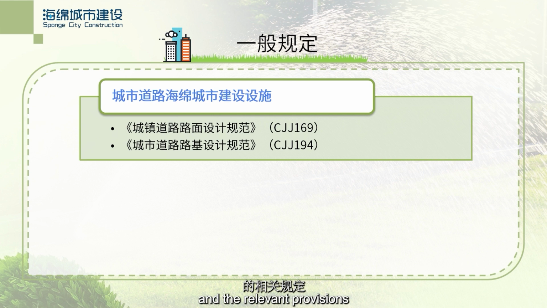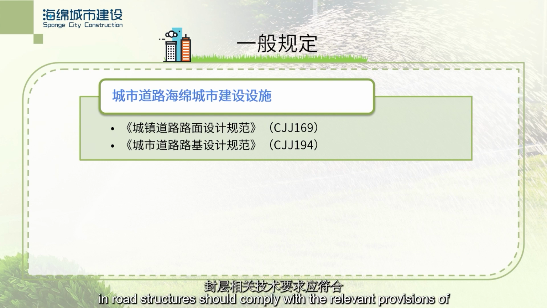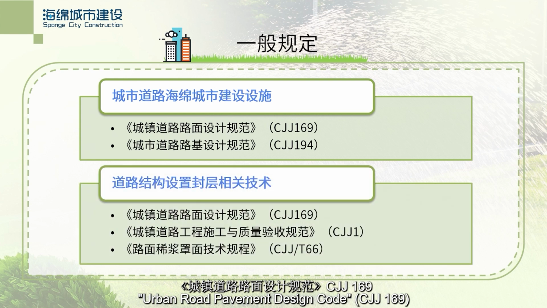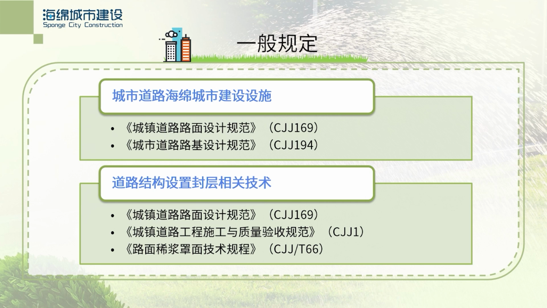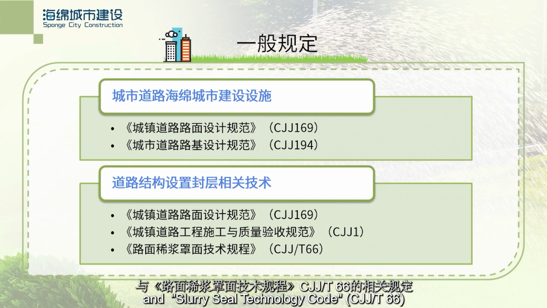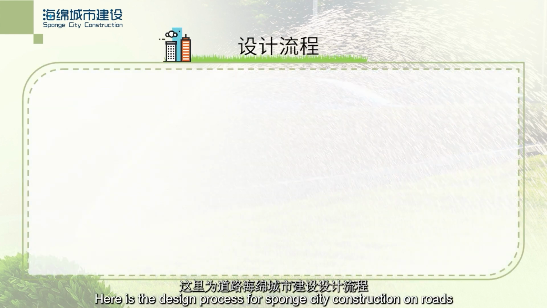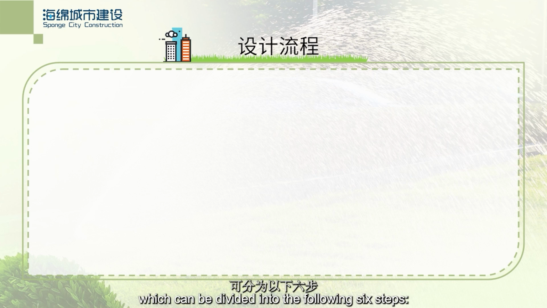the relevant provisions. The technical requirements for ceiling layers in road structures should comply with the relevant provisions of Urban Road Pavement Design Code CJJ 169, Urban Road Construction and Quality Acceptance Code CJJ 1, and Slurry Seal Technology Code CJJ/T 66. Here is the design process for sponge city construction on roads, which can be divided into the following 6